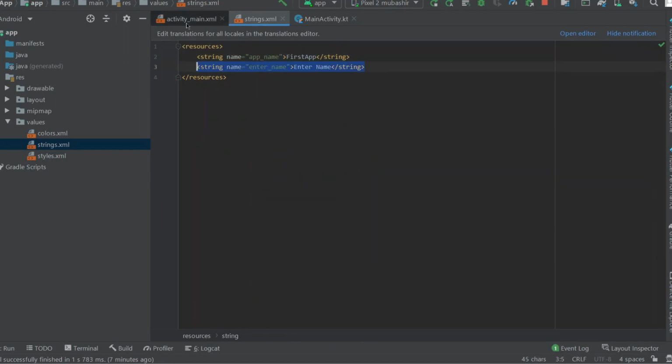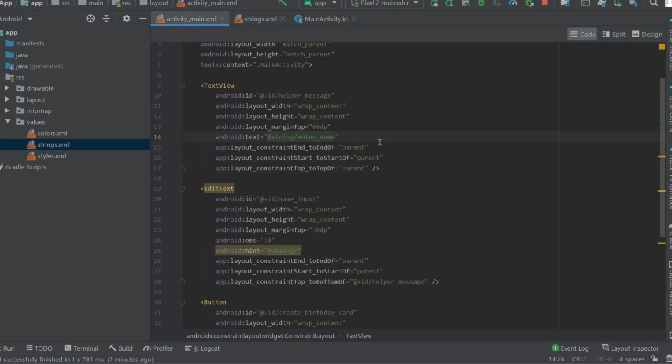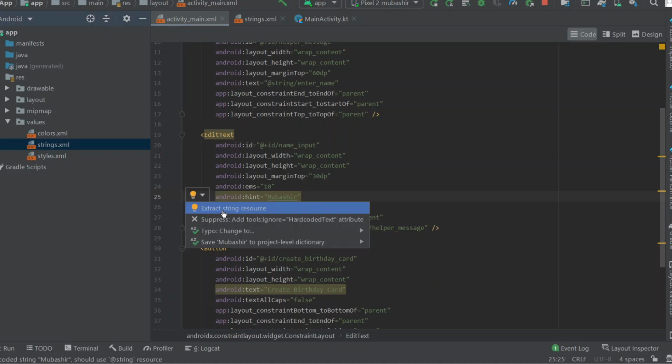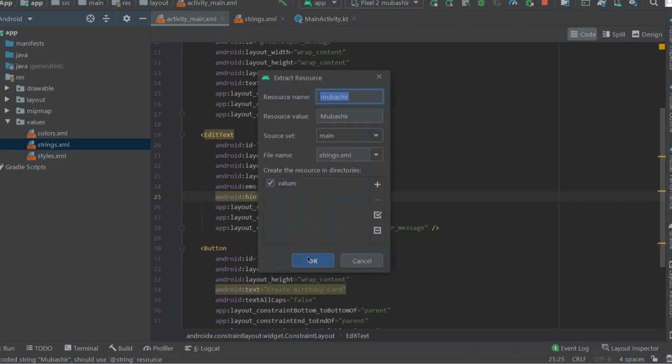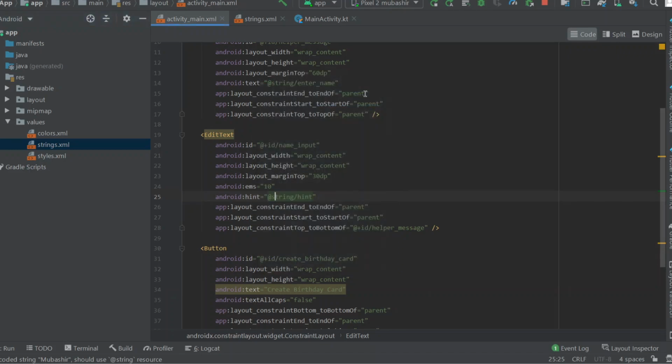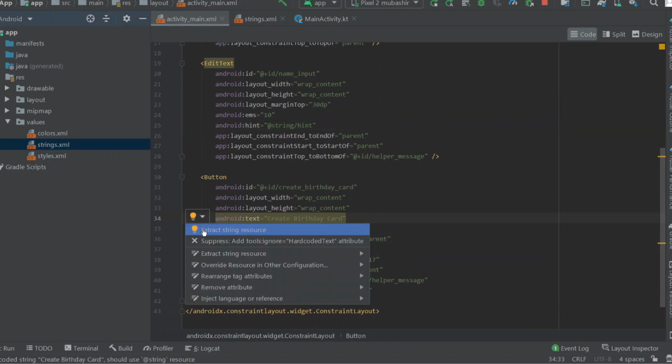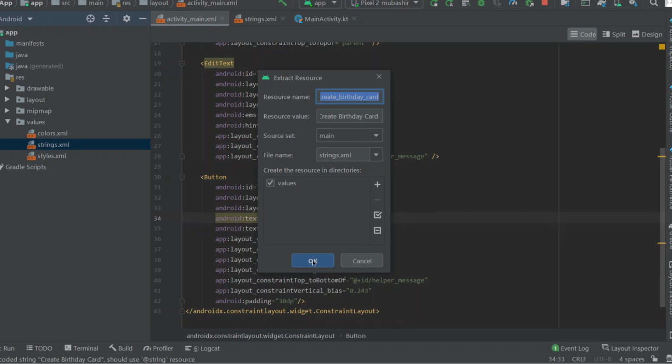Let me do this to all the others as well. Here to this, click, extract string resource. Let me give this resource name as hint, enter. And even here to this create birthday card, let me click, extract string resource, and click on OK.